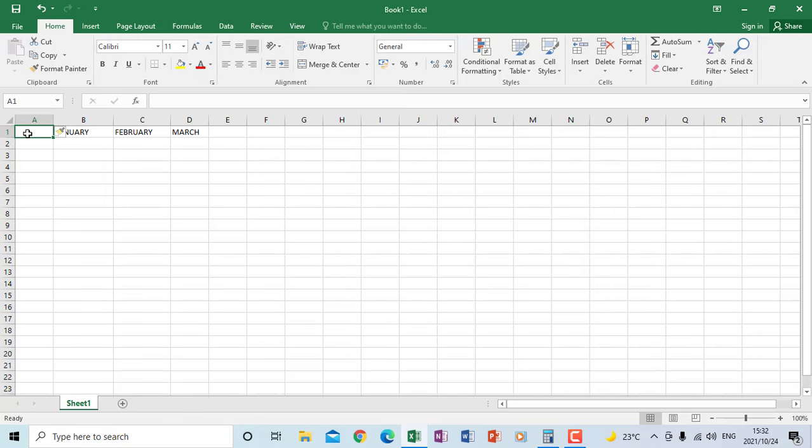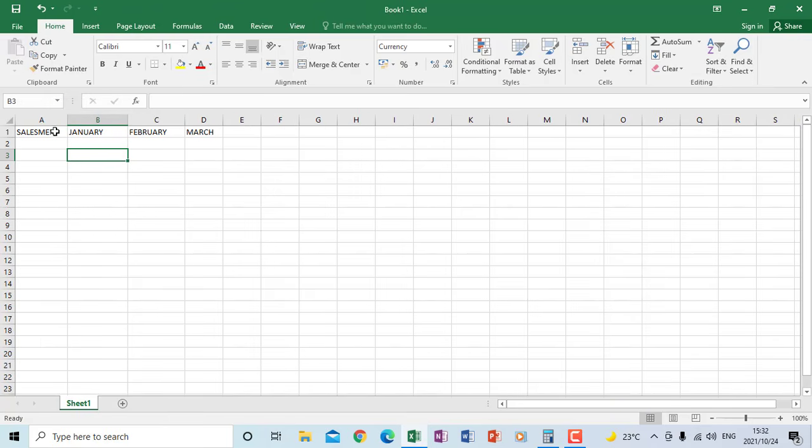So if I'm going to type salesman like I did now, you see that it also needs to be adjusted so that salesman can fit in column A. I will do the same and adjust, drag to the right, and then I have space. Then I'm going to type the names of all my salesmen. I can put 3 of them. So if I have these 3,